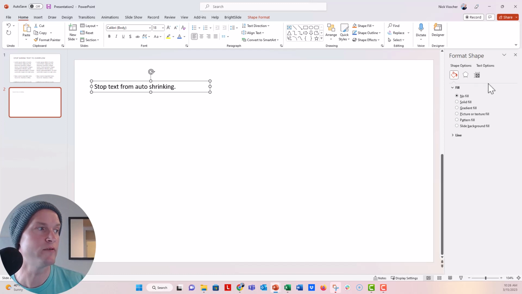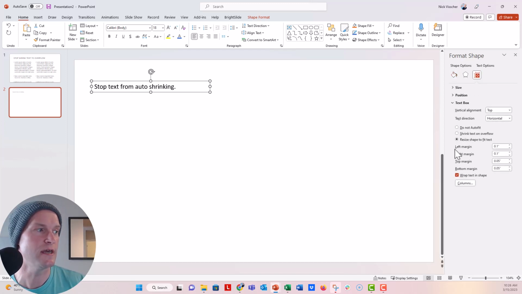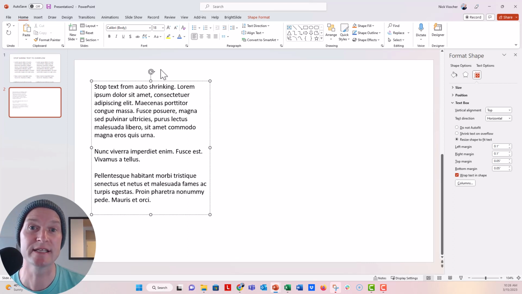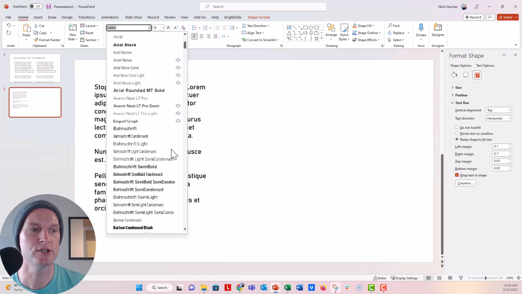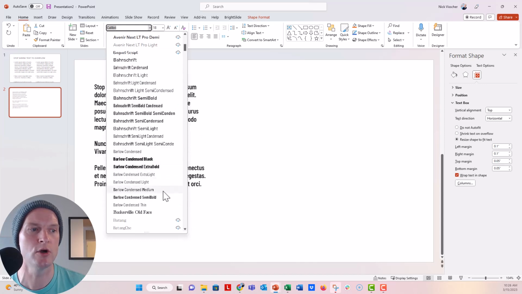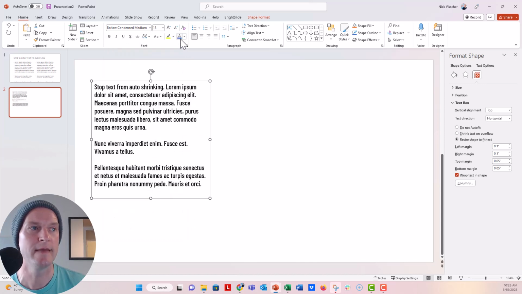So if we go over here to the text options, you'll see that it's already set to resize shape to fit text. So no matter what I type in here, if I do more equals lorem, then it's going to stay the exact same size. It's just going to make the text box as long as the text is. Now let's go ahead and change the font. I'm going to change it to one of my favorites, which is Barlow Condensed Medium, and then let's change the